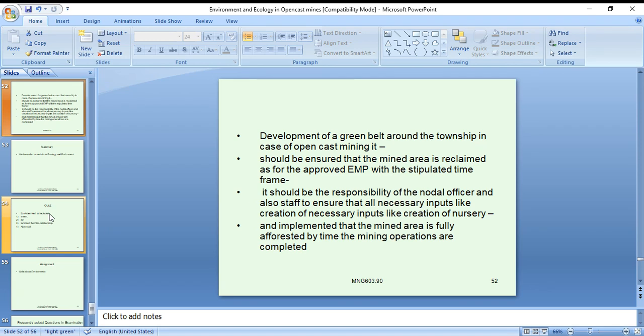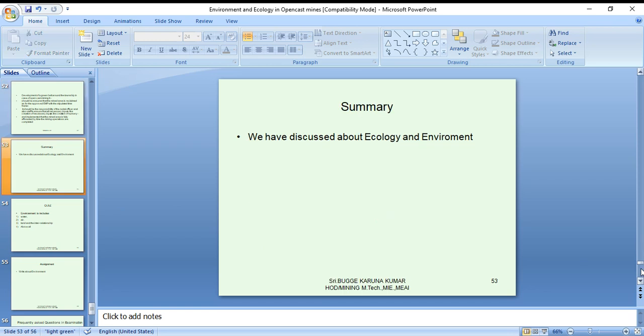What are the environmental problems? What is meant by basic environment and ecology? How is mining related? How can mining activities destroy the environmental ecology? How can it be remedied? What are the scientific methodologies, the preparation of EMP and EIA, to reduce mining pollution to some extent? These are what I covered overall. I would like to summarize.